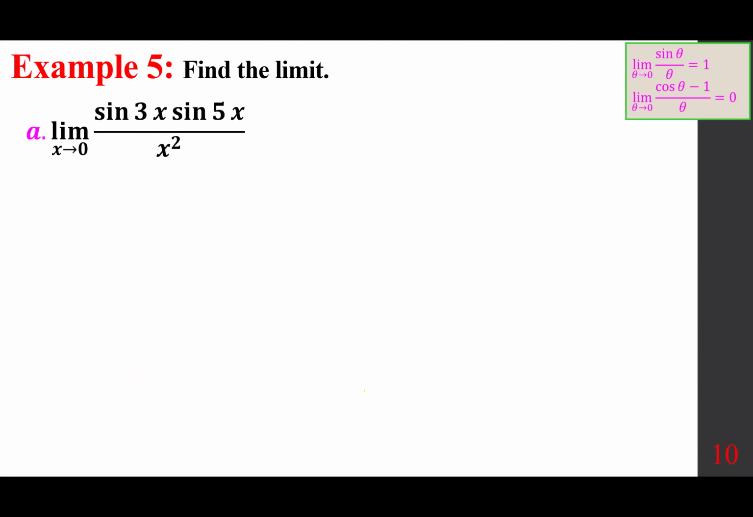Find the limit of sine 3x sine 5x over x squared as x approaches 0, reminding you of a couple of important limit laws. The limit of sine theta over theta as theta approaches 0 equals 1. I have the proof. If you want, you can look at the lecture notes. The limit of cosine theta minus 1 over theta as theta approaches 0 equals